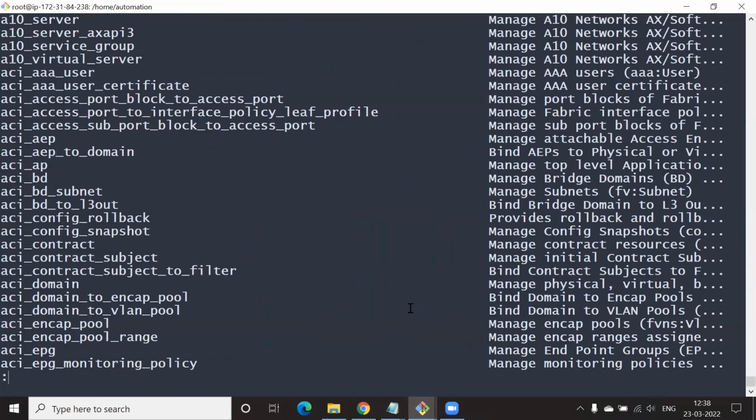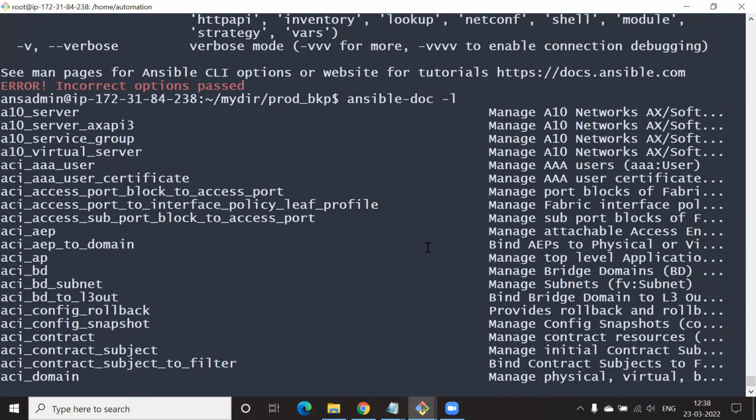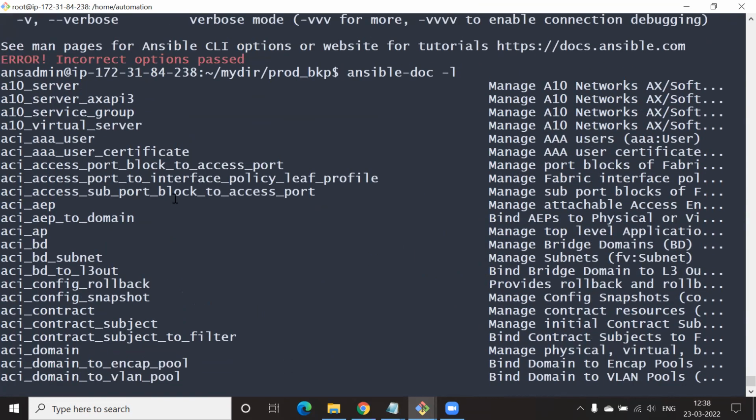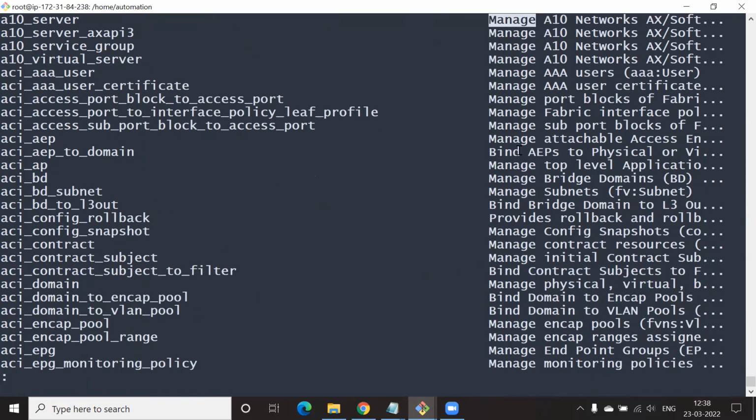Give it a moment. This will give you all the modules which are there. If you take a look at any one of them, on the right hand side there is a brief description, and on the left hand side you have the modules. Now you can quit out of this one.